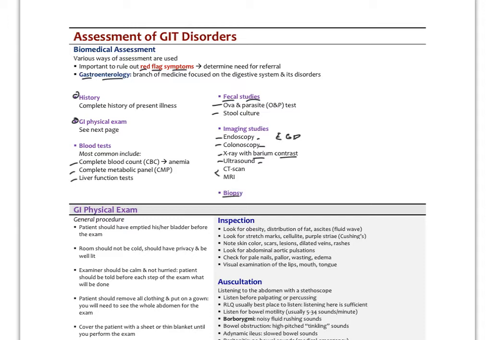Now I should say with endoscopy and colonoscopy, we can pretty much visualize all the way down to the proximal duodenum and up to the ileocecal junction, but the majority of the small intestine, we do not have scoping methods for that. The only really way to visualize the tissue there is to swallow a little capsule that has a